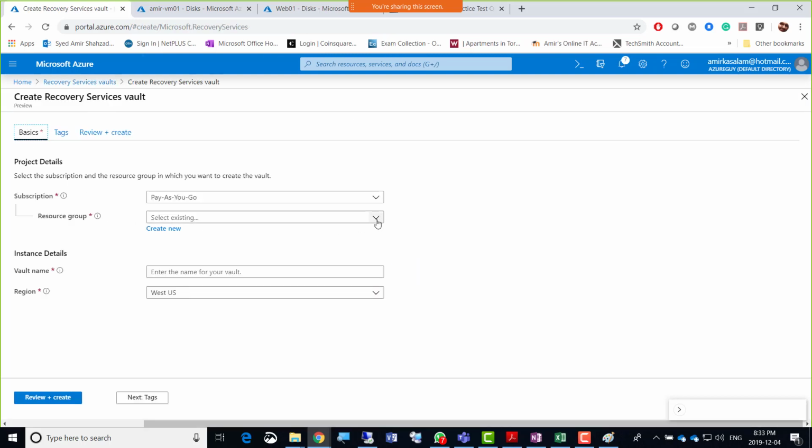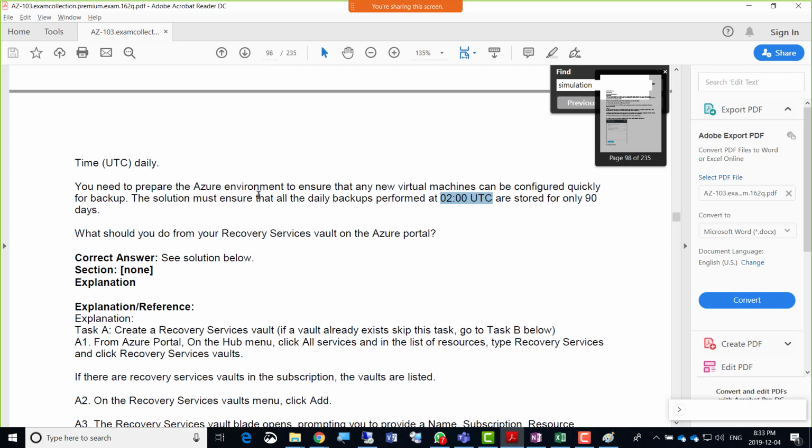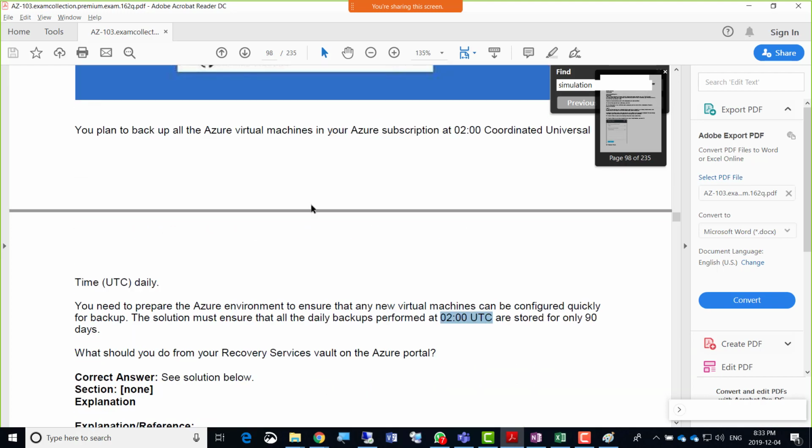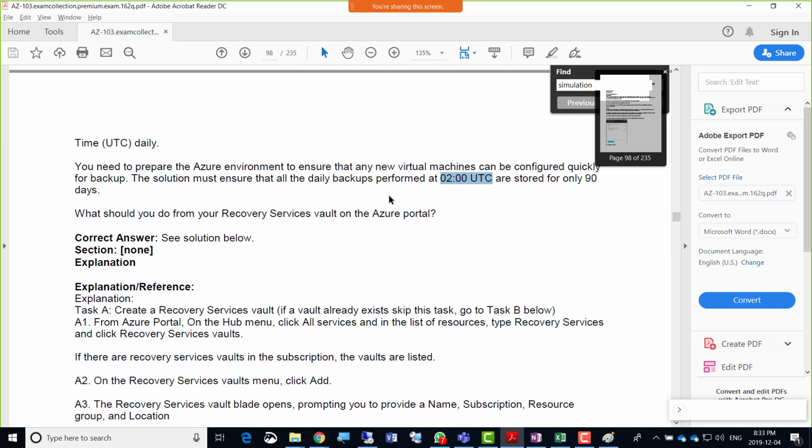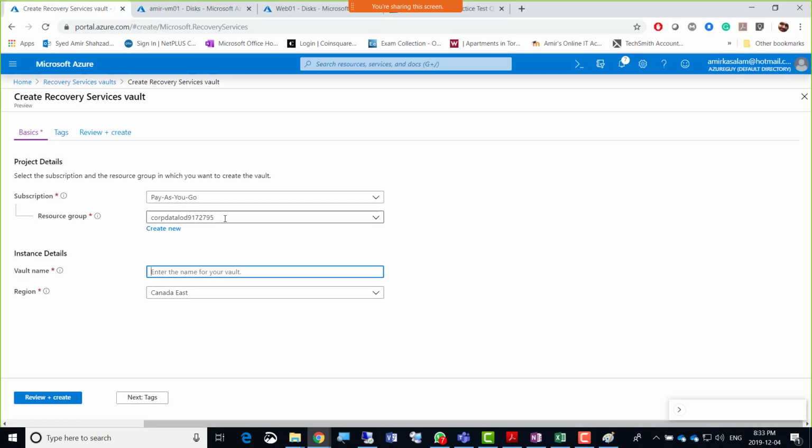And then I'm just going to go for the existing resource group here, and the vault name. Did they ask us to create a vault name there? No, they're not asking for any specifics, so just create some vault here, and the vault name can be vault 01, region Canada East.